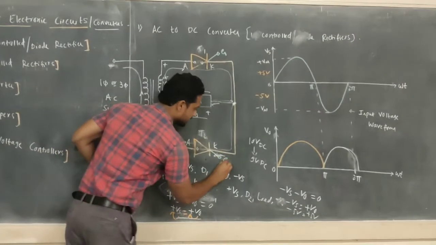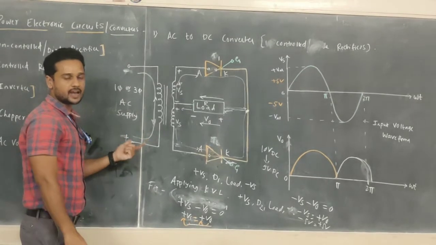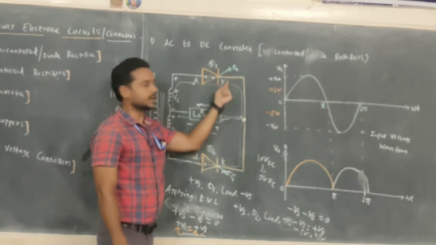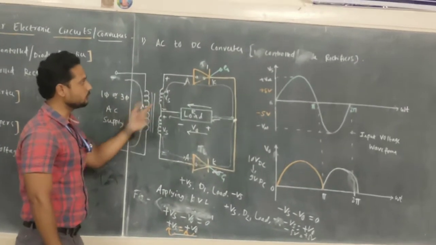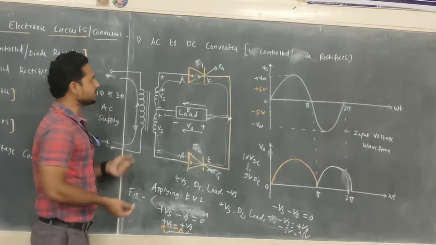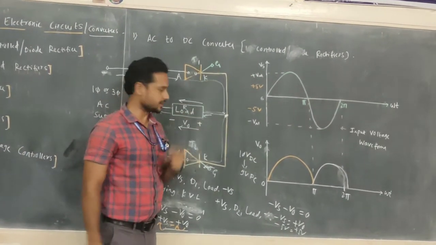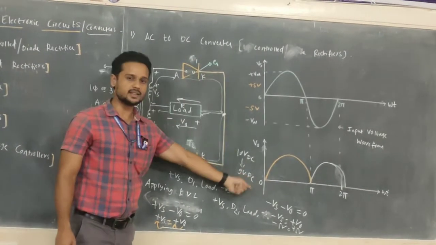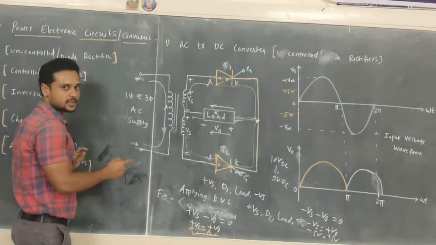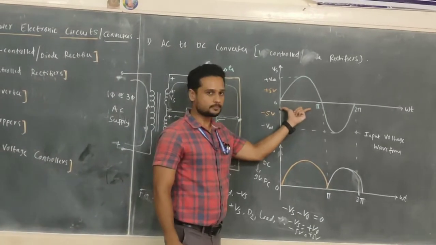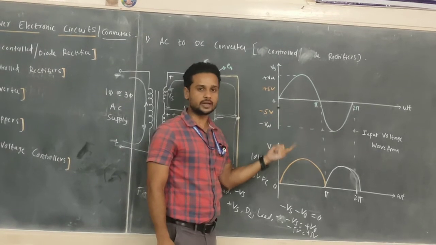We have seen the basics of the thyristor in the previous online class. It has 3 terminals: anode, cathode and gate. Now, if you make use of a thyristor, how is it possible to have control over the output voltage, and why is it called a controlled rectifier? That you will see. The analysis remains the same: input is again AC, output is DC. The way of analysis of this concept also remains the same as that of the previous one. During the positive half cycle from 0 to pi, the same sentences you can feel free to write in your exam.